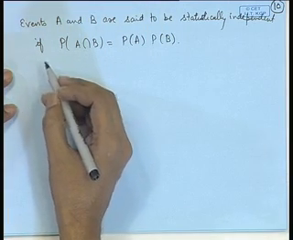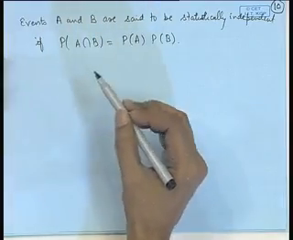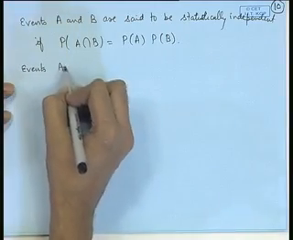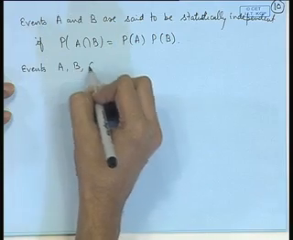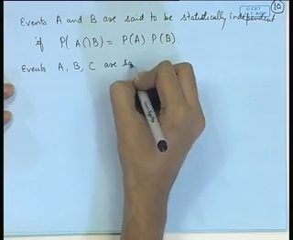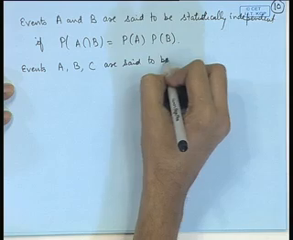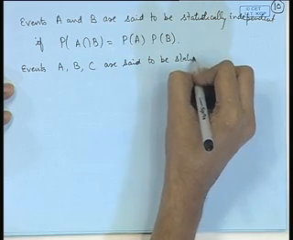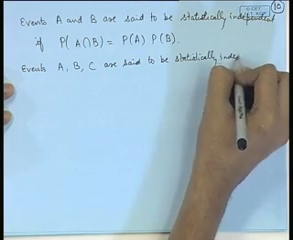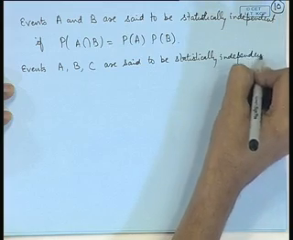Naturally, a question arises that if I have more than 2 events, then what is the meaning of independence? Let us consider, say, events A, B and C. Then events A, B and C are said to be statistically independent if